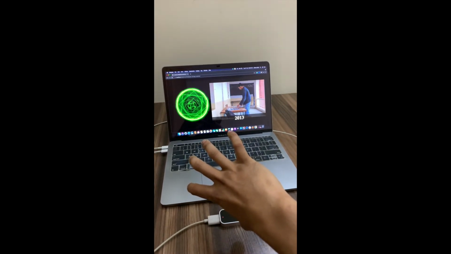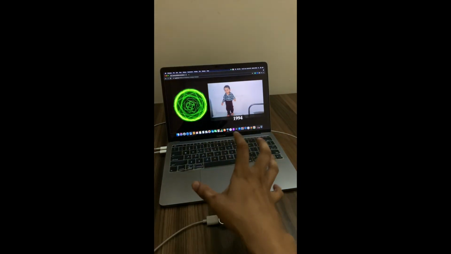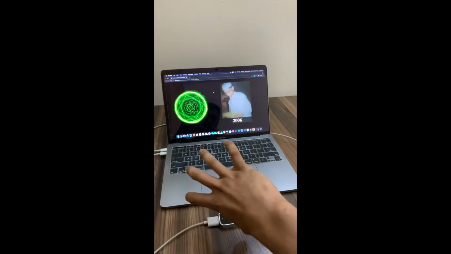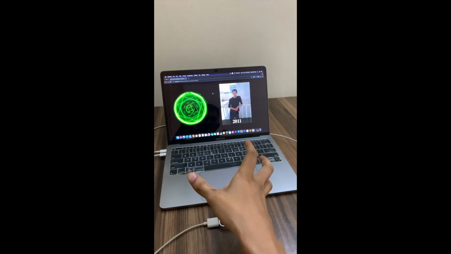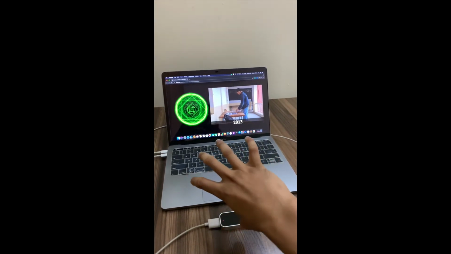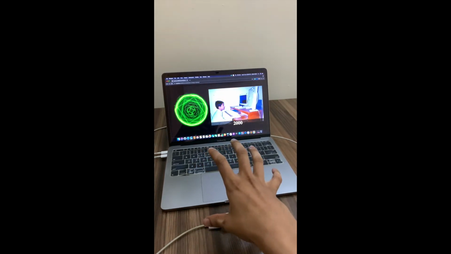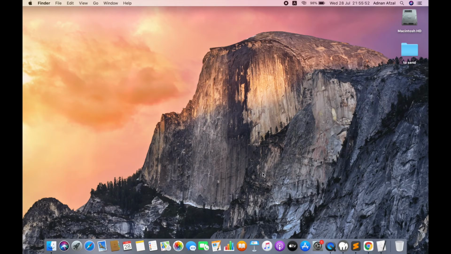The images and text will be changed as per the rotation of my hand. When I move it to the left, the time spell starts rotating left and the images start decrementing. And when I move the hand to the right, the time spell starts rotating right and the images start incrementing. If I rotate to the left again, it will start rotating from the same point, and the images also start decrementing from the same point. You can keep the hand on the left to keep decrementing the images. So let's start creating this.